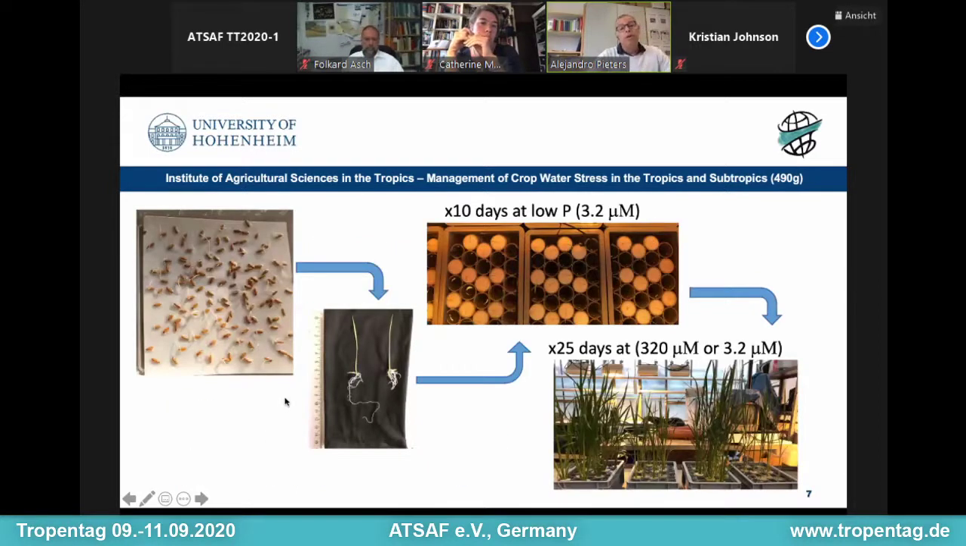So in order to answer some of these questions, we designed a relatively simple experiment. We grew 4 rice genotypes, which were very different in their capacity in phosphorus acquisition efficiency, according to values reported in the literature. We germinated them, we transferred them to hydroponics Yoshida solution containing very low phosphorus concentration, and after 10 days we transferred half of the plants to a solution containing a normal or high phosphorus concentration, whereas the other half remained in the low phosphorus